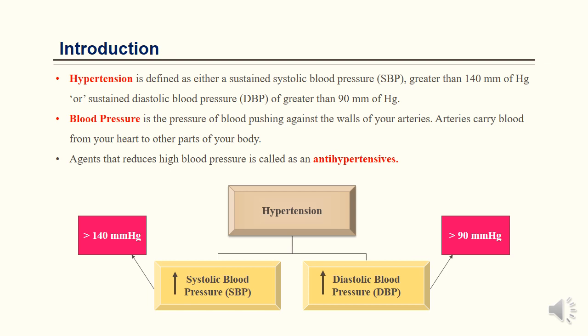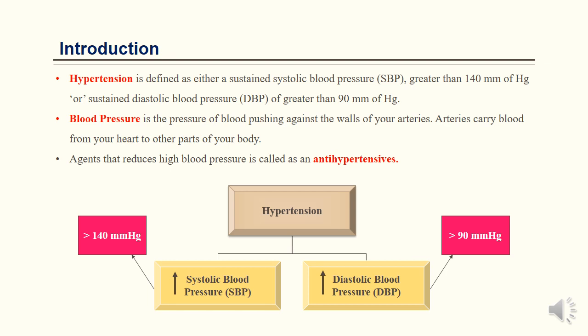Hypertension is defined as blood pressure greater than the normal ranges, like systolic blood pressure more than 140 mm of Hg and diastolic blood pressure more than 90 mm of Hg. In simple words, hypertension is also called high blood pressure, which means blood pressure that is higher than the normal range. Hypertension is a condition in which blood pressure is increased from its normal range, and the agents that reduce the high blood pressure are called